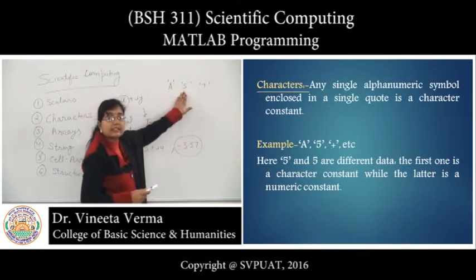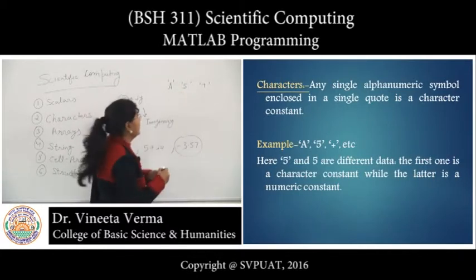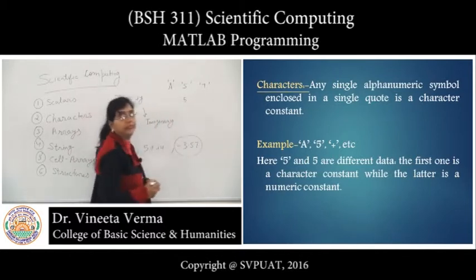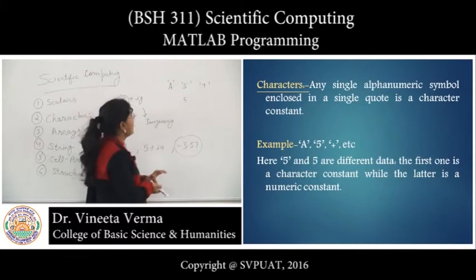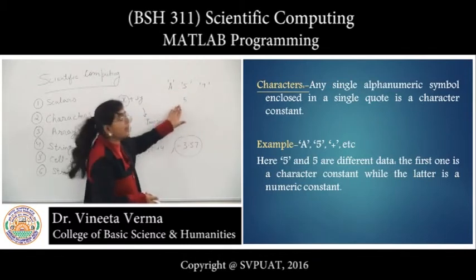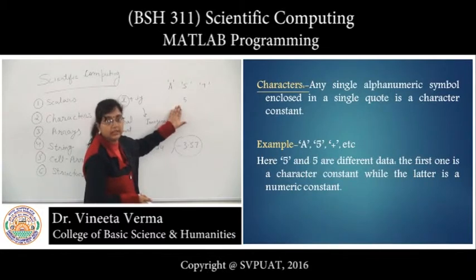Here '5' is not the value 5, it represents a character constant. There is a difference between '5' and 5. This '5' is a character constant and this 5 is numeric data.